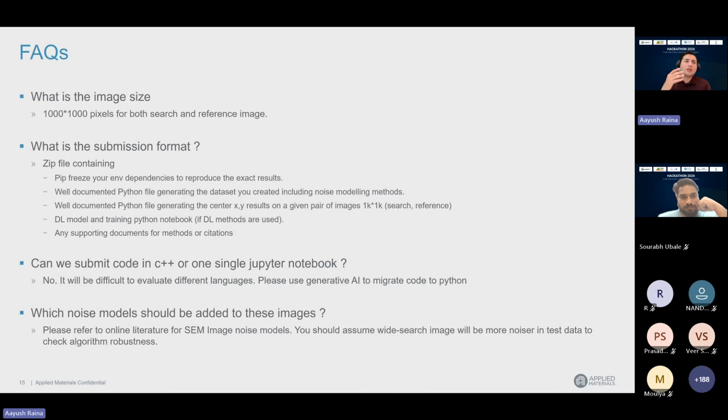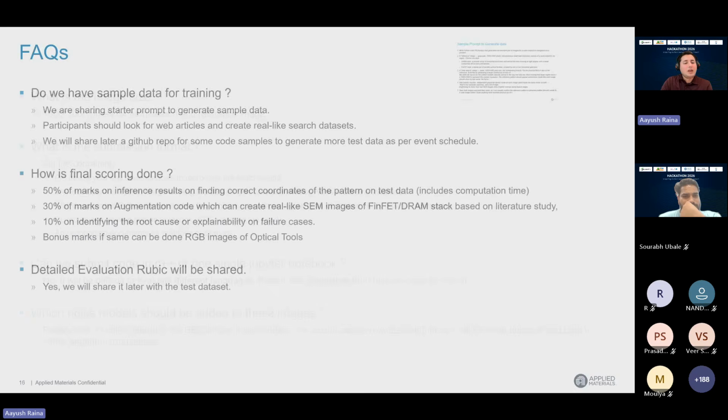Let's say there's a pole and you're taking an image, and there is a background of mountains or trees behind it. The general trend of our cameras will be to focus on something nearest. The same thing can happen in any camera, and even in SEM there are a lot of other noises. You can focus on one area, and other areas in the background may cause this issue. Someone who assumes this kind of thing and creates data will have better real-life scenarios, and with proper justification, they will be much more appreciated and ranked.